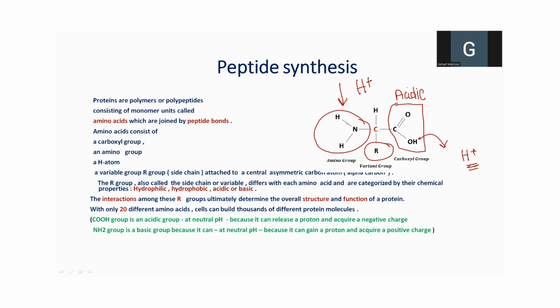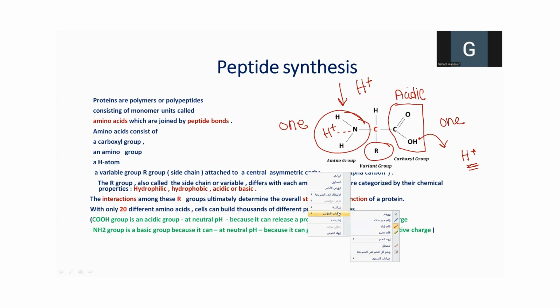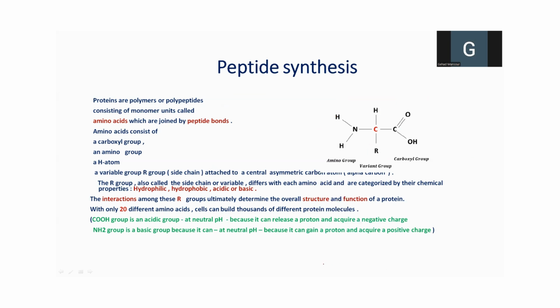And if it accepts a proton, then it will carry a positive charge, and it would be NH3 instead of NH2. Because most amino acids in nature have one carboxylic group that is acidic and one amino group that is basic, most amino acids are considered to be neutral, neither acidic nor alkaline, because they have one acidic and one basic